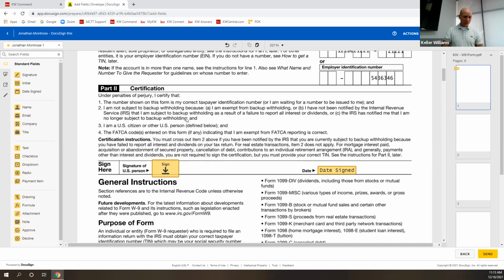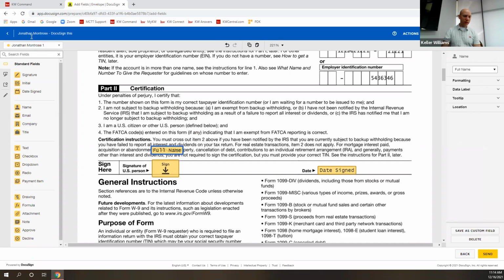So once you're here, you've got all the different signers, all the different things arranged: date, sign, sign. So this is if someone needs to sign. This is if someone only needs to initial. Date sign will automatically populate with when they're interacting with the form. Name is whatever name field is typed up here will appear there. So whatever you filled out as their name, right when we're filling in their emails in the previous screen, that's